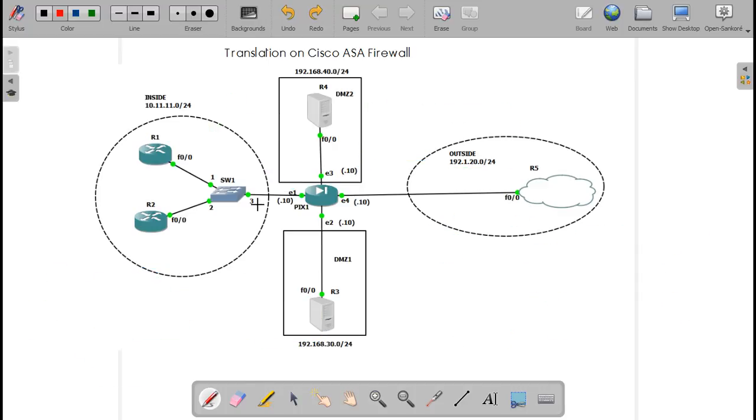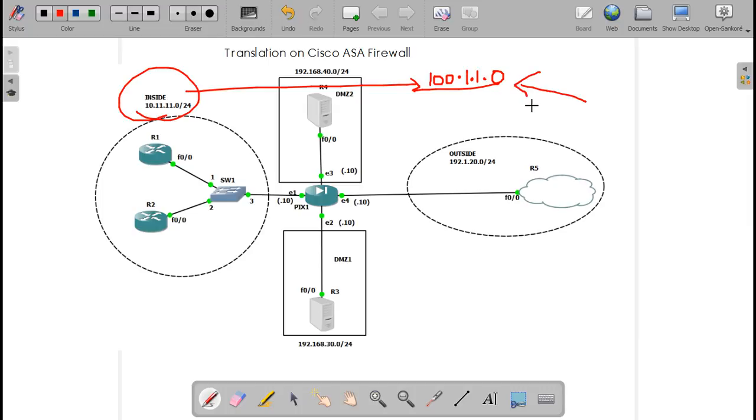Okay, so the sense is that inside you are using a private network. This private network will be translated to some public network, whichever is available in the pool. So in my pool the network available is this network. So any IP of the 10.11.11 network, for the internet, will be seen as 100.1.1.1, which is a public address, and that's why you get the connectivity, that's why you get the routing reachability. Like this only ISPs are. Okay, so what we'll do,